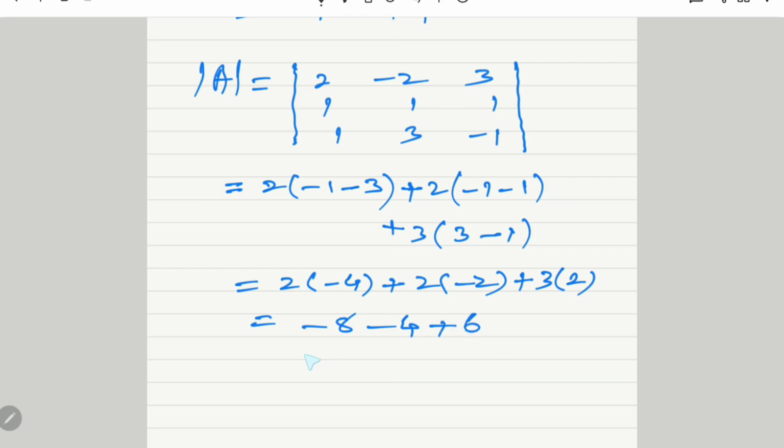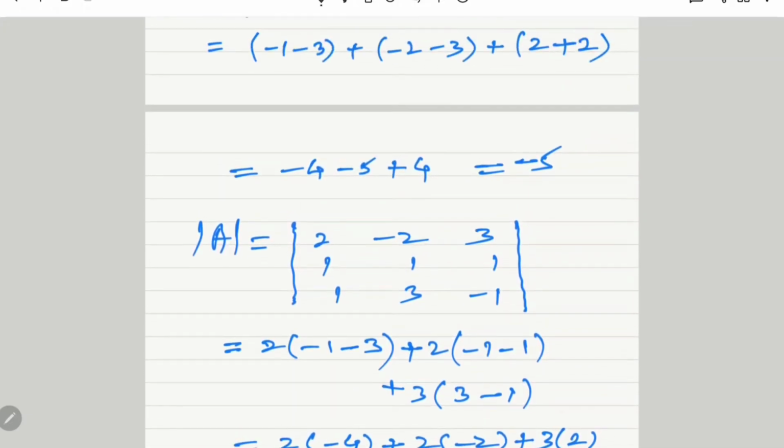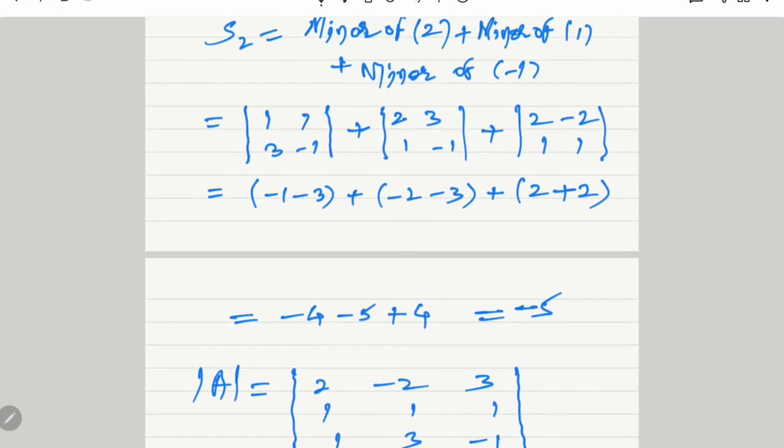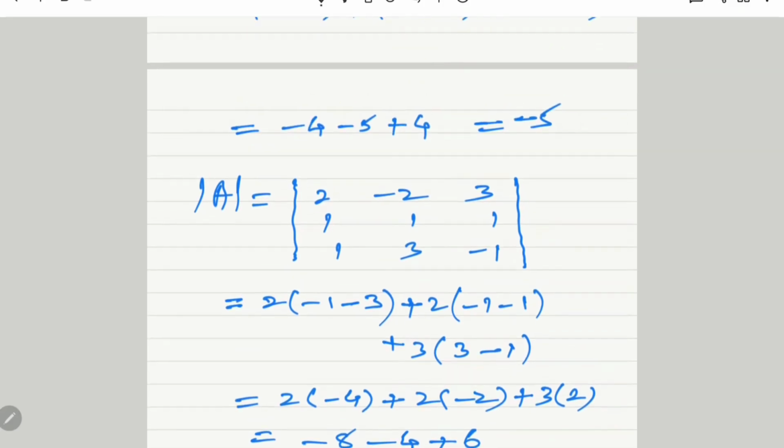Therefore minus 12 plus 6, we get the value as minus 6. Substituting all these values in equation 1, we get that equation. Therefore the characteristic equation is lambda cube minus s1 lambda square. The value of s1 is 2. Therefore 2 lambda square plus s2 lambda. The value of s2 is minus 5